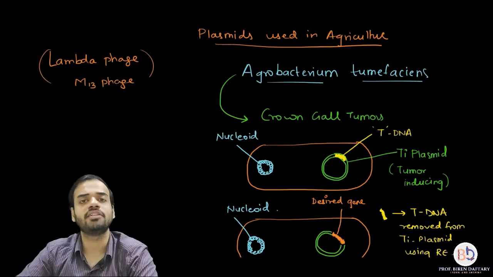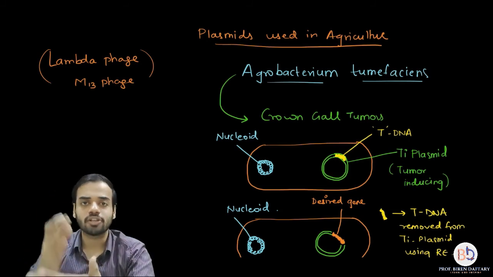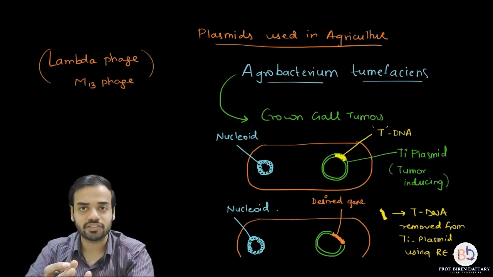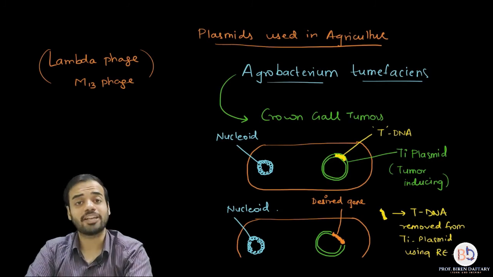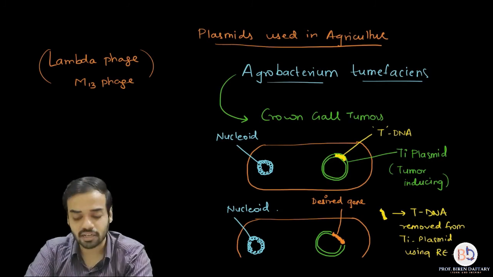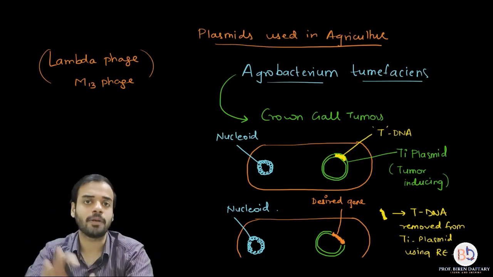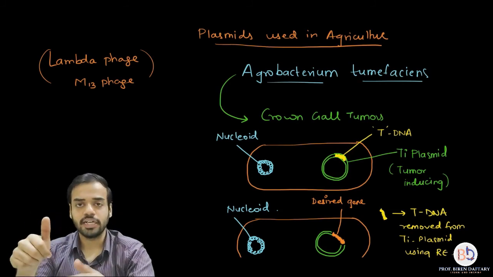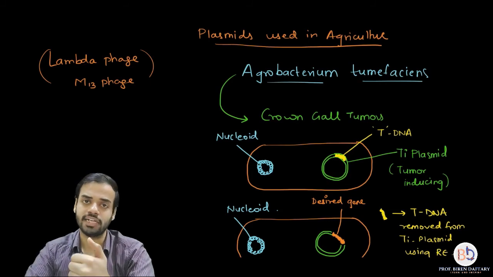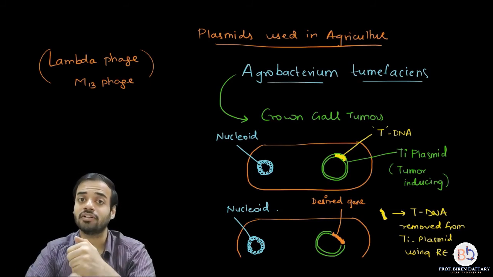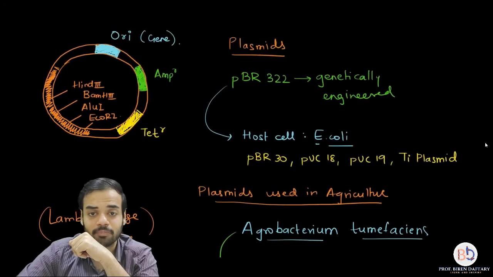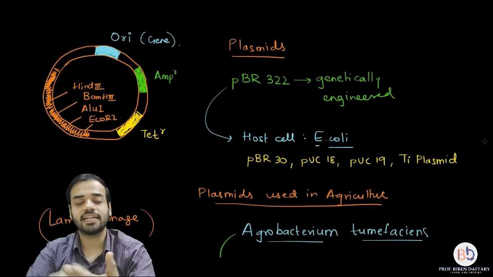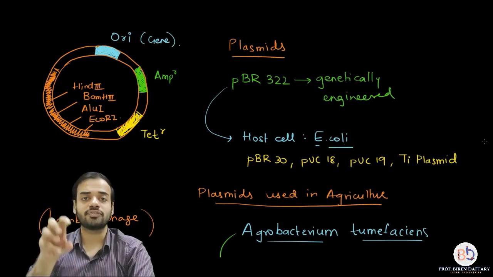Then apart from this, what else are used? Artificial chromosomes are used. Bacterial artificial chromosome, yeast artificial chromosome, mammalian artificial chromosome, baculovirus, all these things can be used. Then we learned about the 5 properties of cloning vectors. Which are they? It should be able to replicate independently in the host cell because of which gene? Please remember, because of the ORI gene. Okay, remember this diagram. Then second is it should be easily transferable into the host cell.